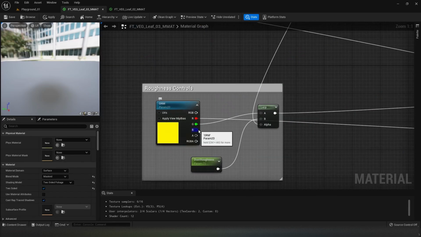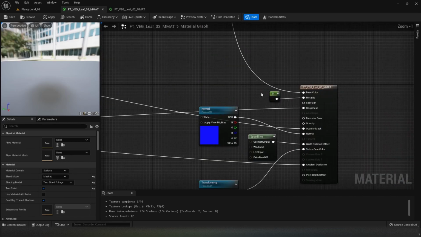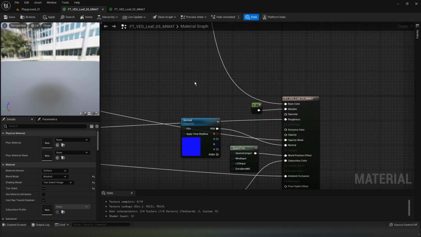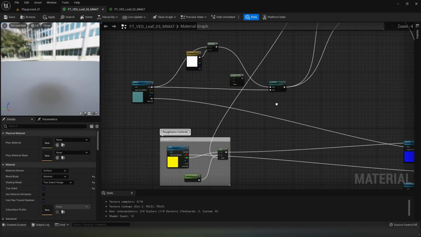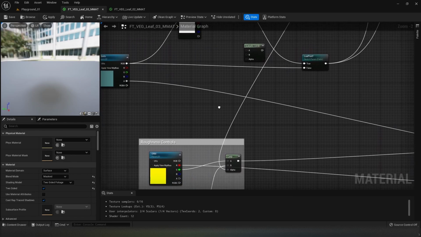Currently the metallicity is not connected. So I think I already connected the metallicity into a black. So this is a constant vector. When you give 0, it is black. That is perfectly fine. And for the lerp, I need to